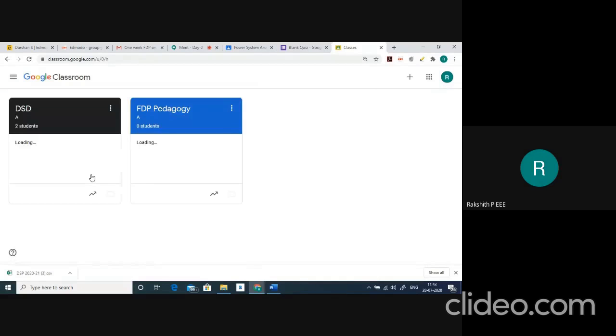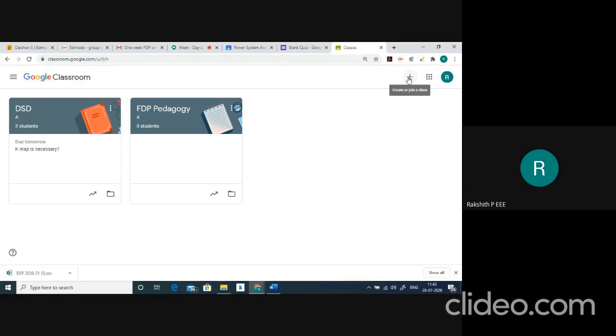Once you select this, since I'm using a Gmail account and I already logged in to my mail, it will take me to my class directly. If you are new, you can use this plus symbol.